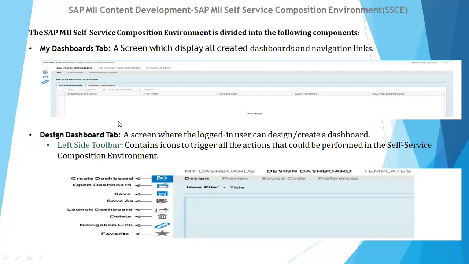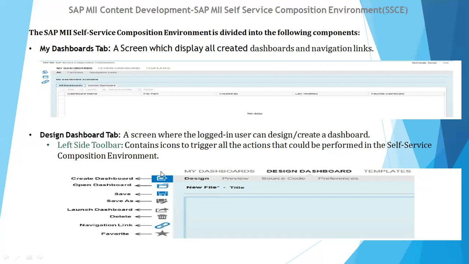Another is the Design Dashboard, the second tab. Design Dashboard is a screen where the logged in user can design or create the dashboard. You can create a new dashboard, and after creating it, you can click and drag your MII objects there to generate a report or a dashboard.